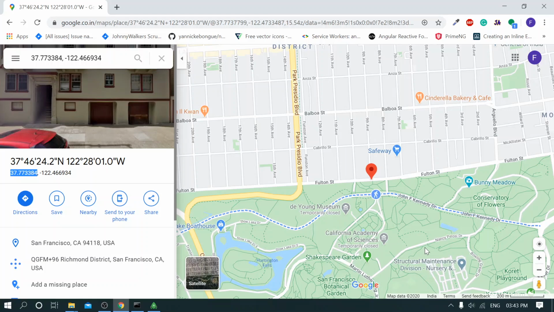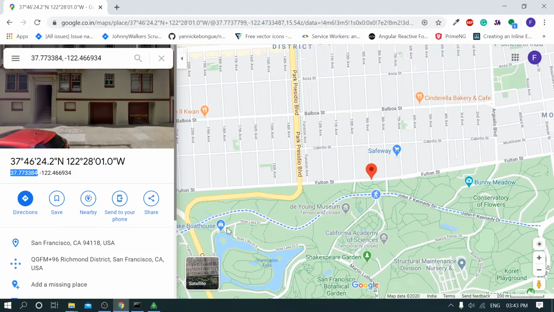Hi friends, in my previous tutorial I told you how to store the location in MongoDB, how to save particular geospatial data in MongoDB. That is completed. Now I want to tell you how to search the near places. If you take one particular location, what are the near places for that location, how to search that. I will show you now how to do that.